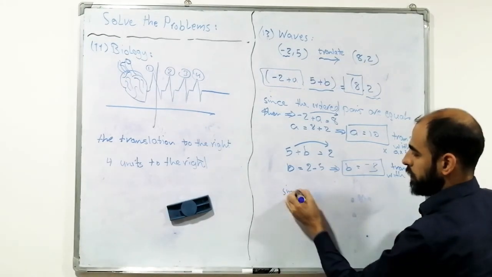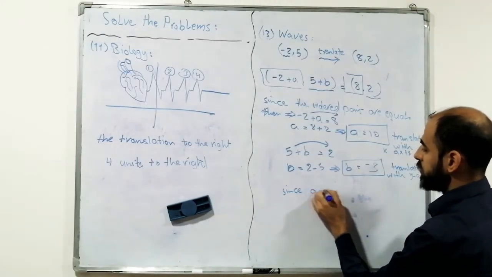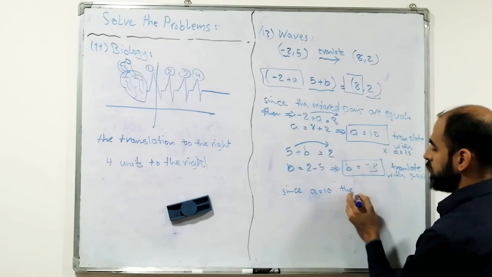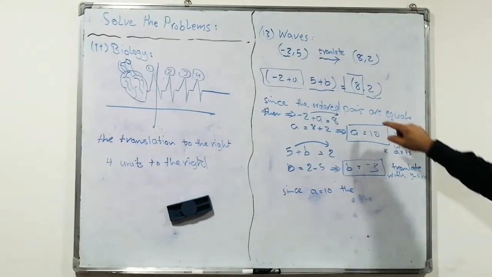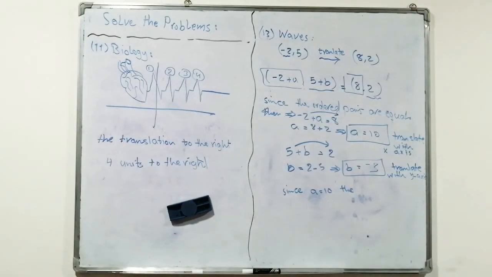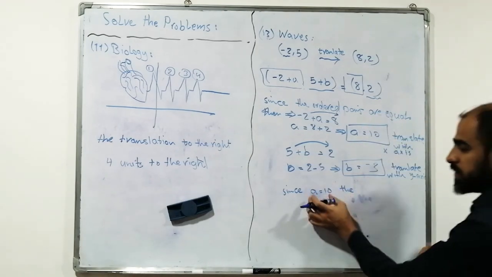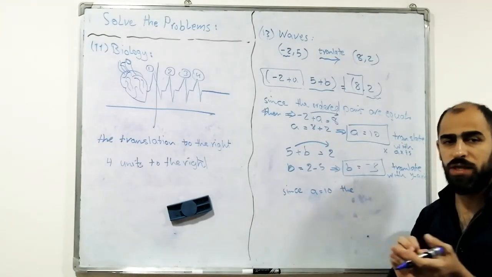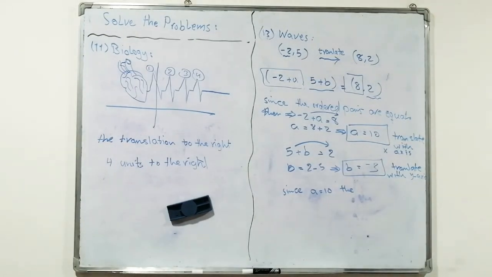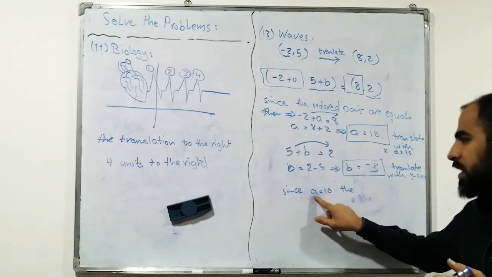Since a equals 10, then the translation, we have to calculate the number of translation, and the direction of translation. Since a equals 10, بما انه قيمة الوحدات، احنا عدد الوحدات ال a او رمز الوحدات a هي